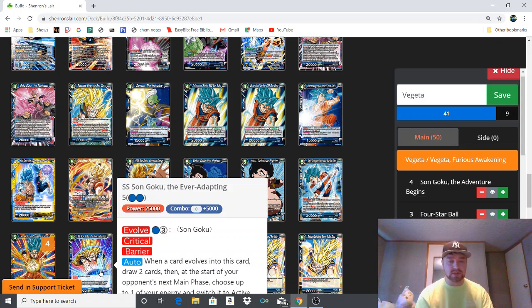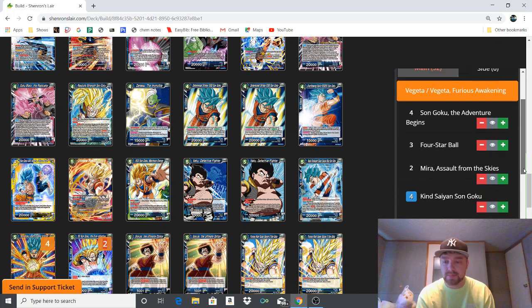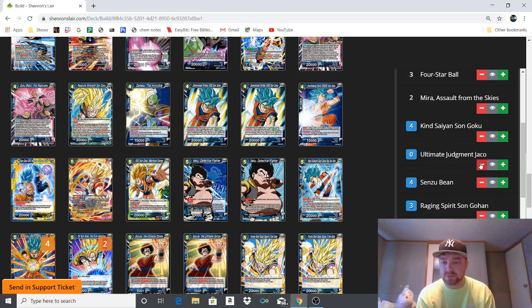This new card is decent. Costs 4 to evolve on. Critical Barrier, draw 2 cards. So this is actually probably a really good target. So I might bump that up to 2 copies in the main, and just side the Jockos,